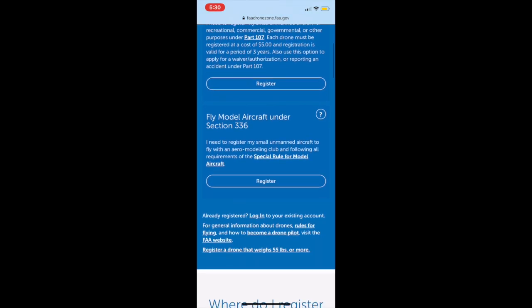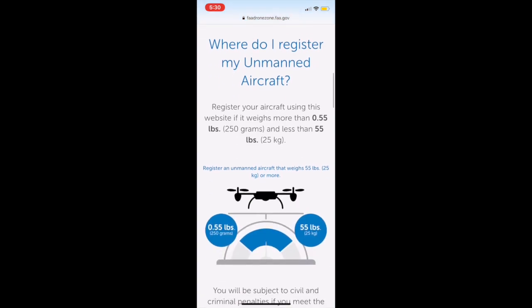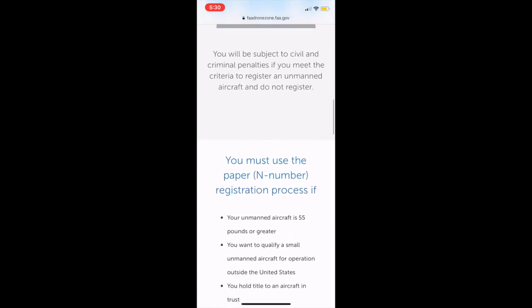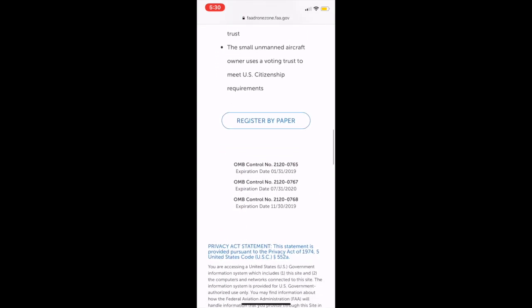So obviously before you do anything, register this and then label your aircraft. Anything that's heavier than 0.55 pounds, which is not much, will need to be registered. So I'll go ahead and kind of flip through this so you guys can actually see some of the stuff while I'm talking. But anyway,